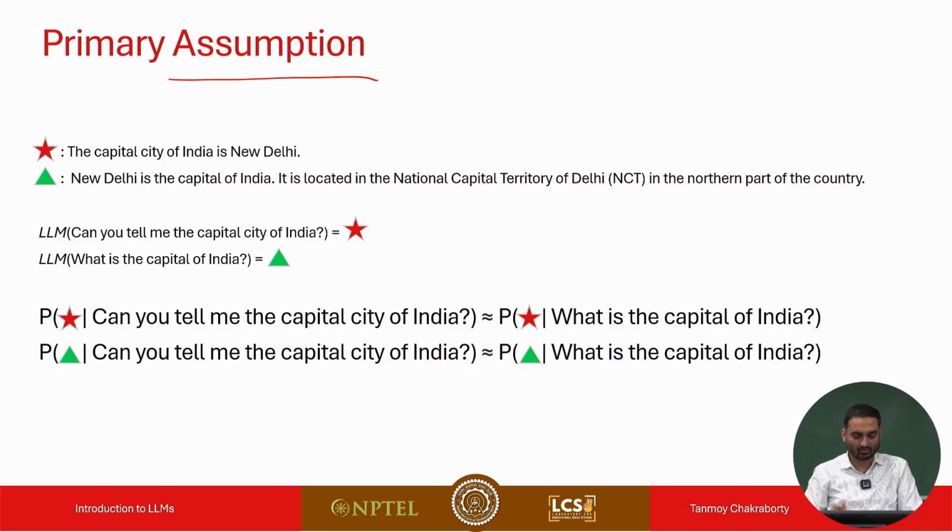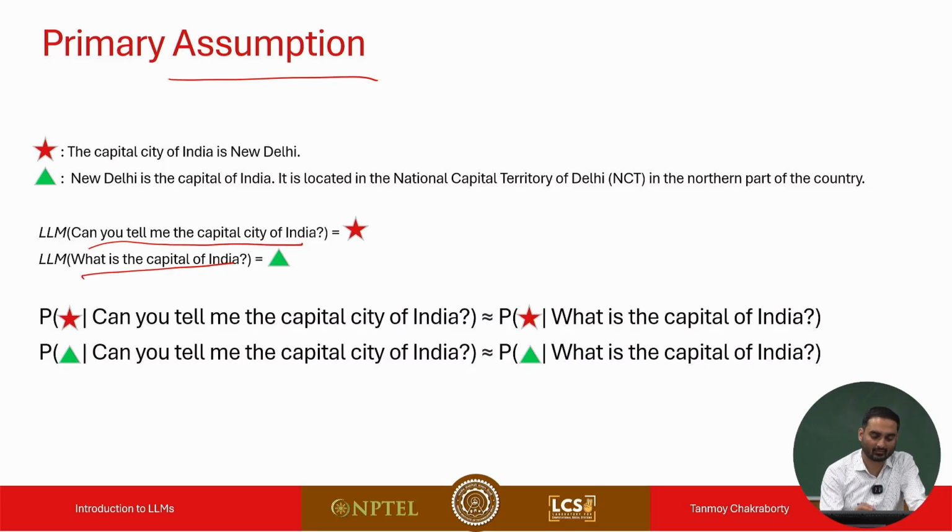Let's look at the assumption. So what do you want to achieve? Let's say I want my model to produce, for 2 different variations of the prompt, let's say one variation is, can you tell me the capital city of India? And the other is, what is the capital city of India? For 2 different variations of the prompt,